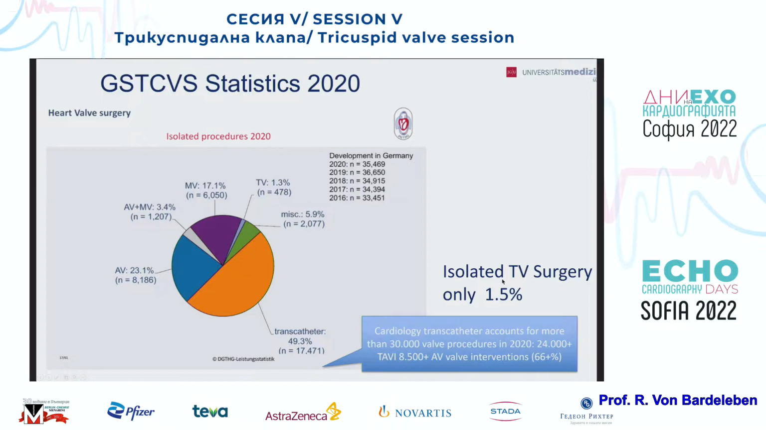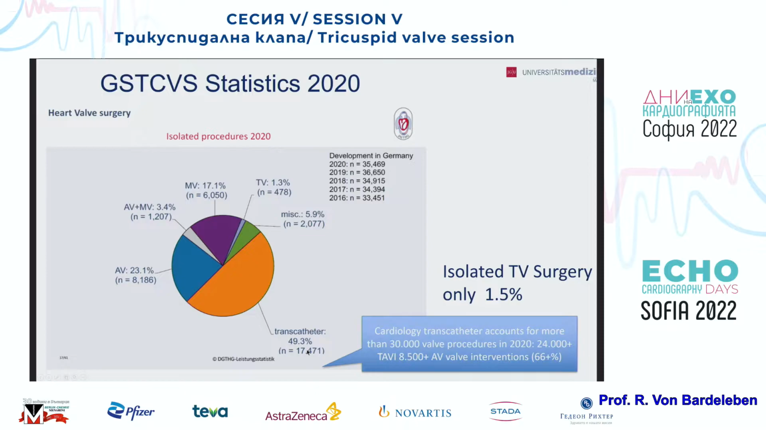And in the US, it's only 0.5%. So even though we have class 1 indications, there is only a poor number of procedures given by the surgeons, and this is a surgical statistic. Transcatheter therapy of heart valves in Germany is 49%. But if you look into the numbers of both surgeons and cardiologists that are accounted, you see that not